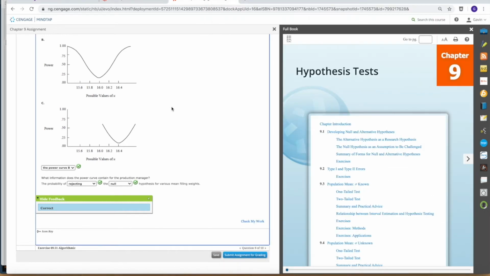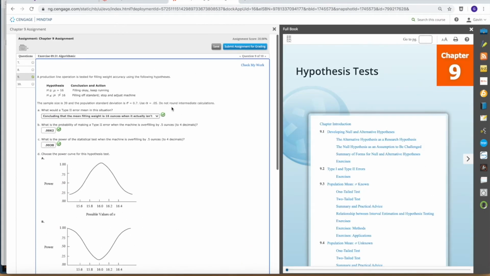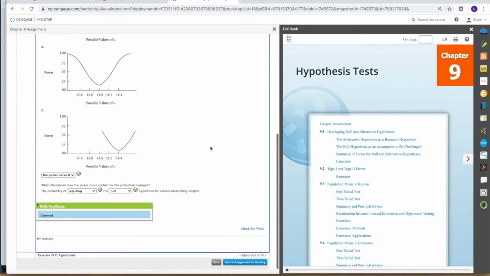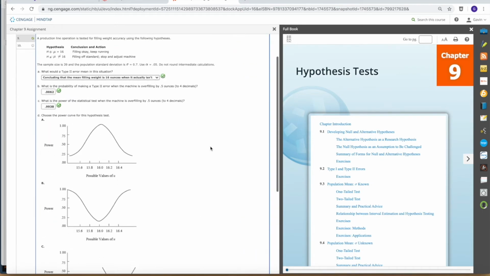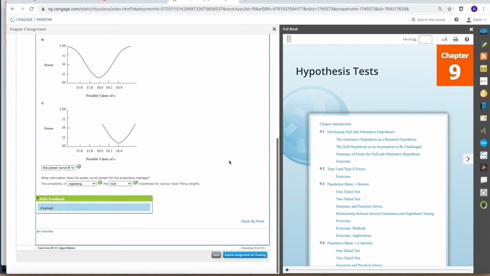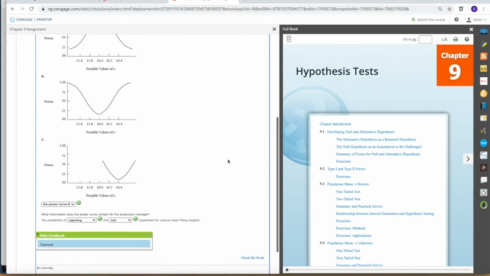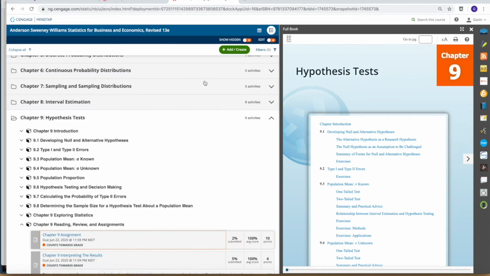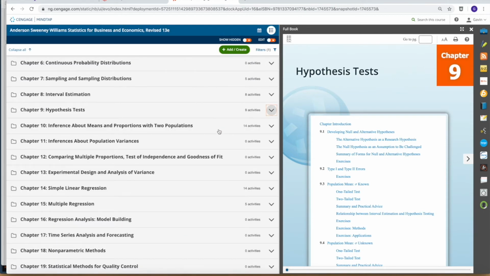Thinking about power and probability of type 2 errors is a little bit complicated, so it's definitely worth taking your time and just sitting back and actually thinking about it to understand what's going on. I'll probably ask 1 or 2 questions on the Canvas quiz about power and or probability of type 2 errors. So now let's jump into chapter 10,